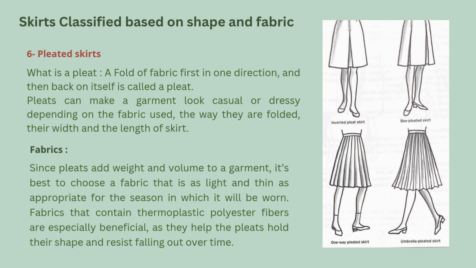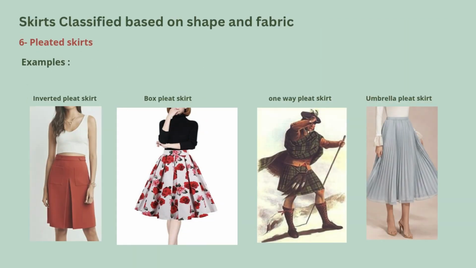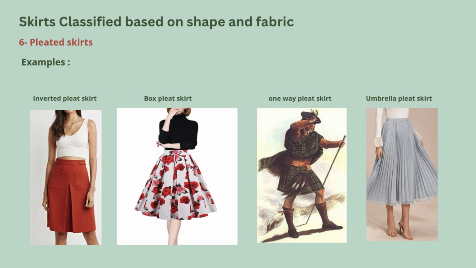For the fabric, since pleats add weight and volume to the garment, it's best to choose a fabric that is as light and thin as appropriate for the season. Fabrics that contain thermoplastic polyester fibers are especially beneficial as they help the pleats hold their shape and resist falling out over time. In this slide, you can see some examples of a pleated skirt,